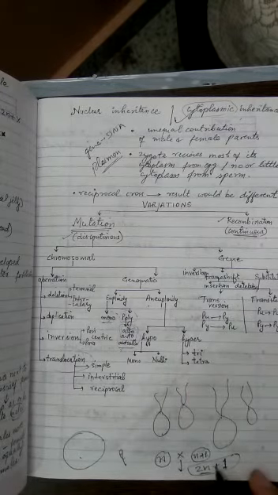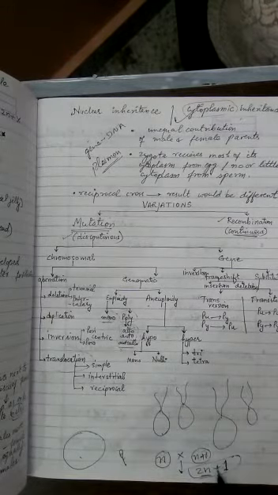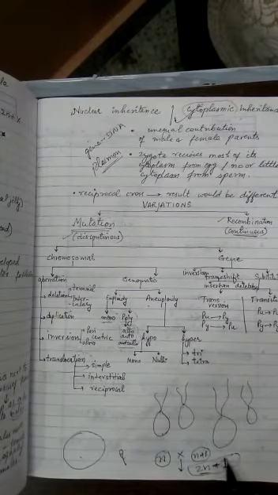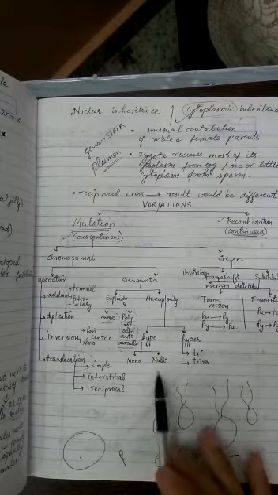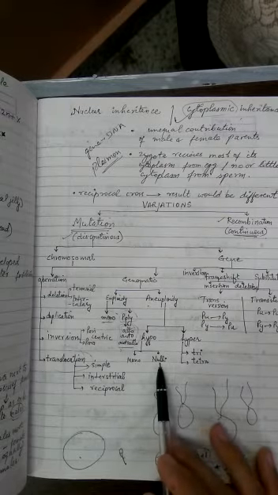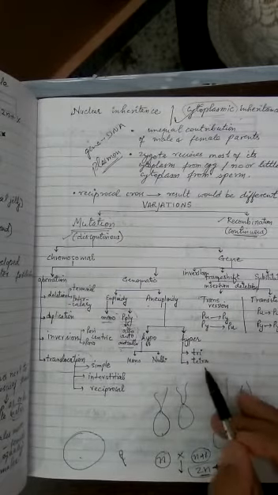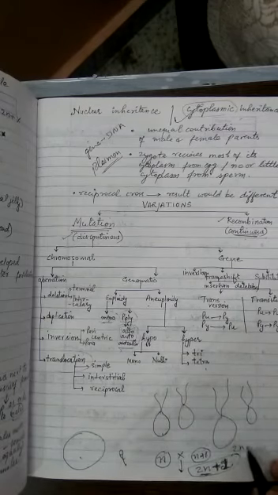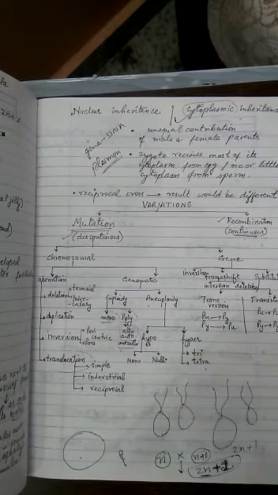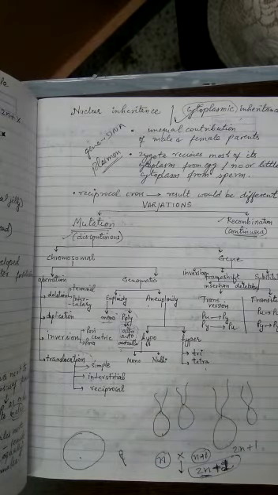Now if one is less, it is called monosomic condition. If both of these chromosomes are gone, it is called nullisomy or nullisomic condition. If both are present extra, it is called tetrasomic, because that chromosome will be found 4 times. And if it is 2n plus 1, it is called trisomic condition. These are types of hypoaneuploidy and hyperaneuploidy. We'll continue in the next class.